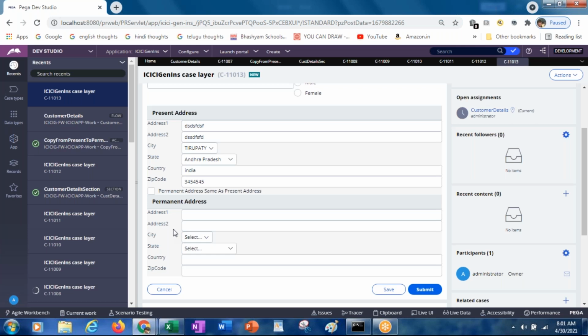So mainly today we learned the cascading drop-down population, and also the activity property set, along with the page copy, which we have also used. Okay, so how we can test both of them accordingly. When you select this checkbox, how to call all these values. Then in the next class we will be learning data pages.